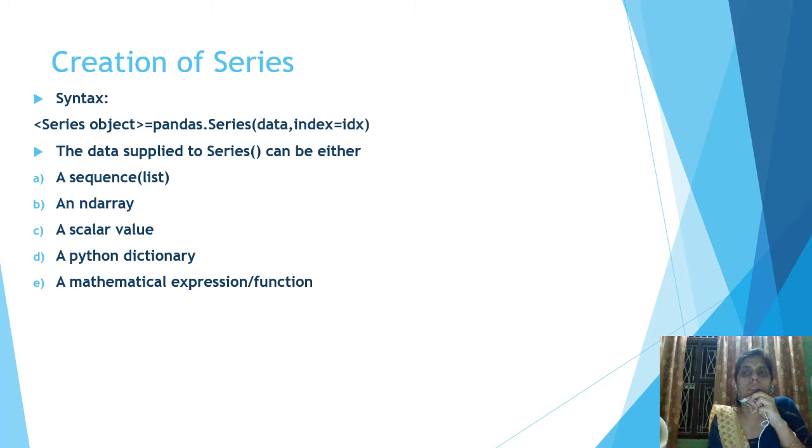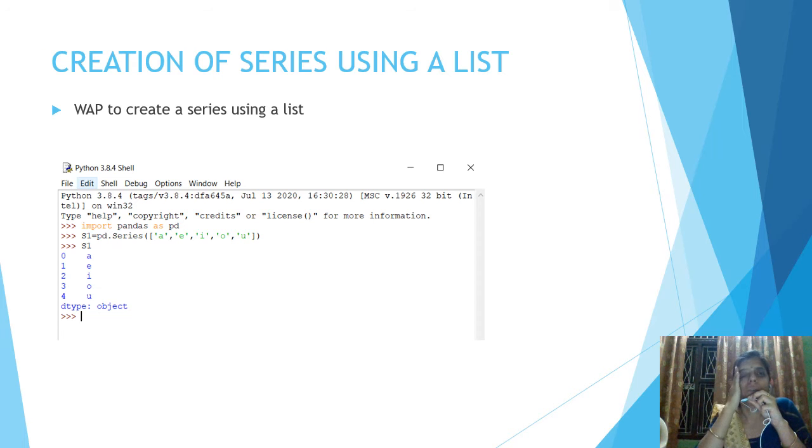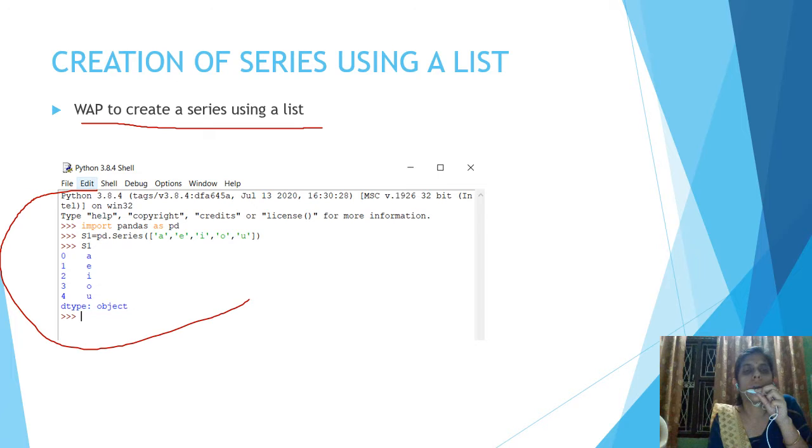So now let's see some programs using this syntax. Creation of series using a list. Here is a simple program. Write a program to create a series using a list. Here is the code for that. First of all, we have to import pandas as pd, and S1 is the series object, pd.Series. pd is the alias name of pandas